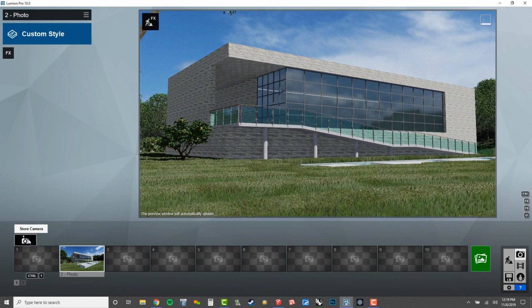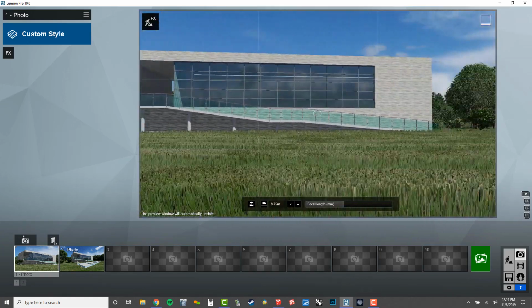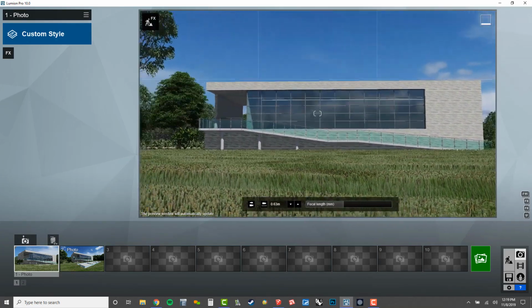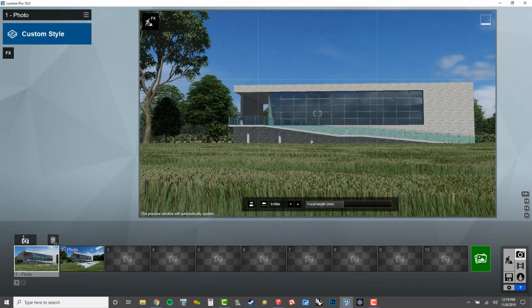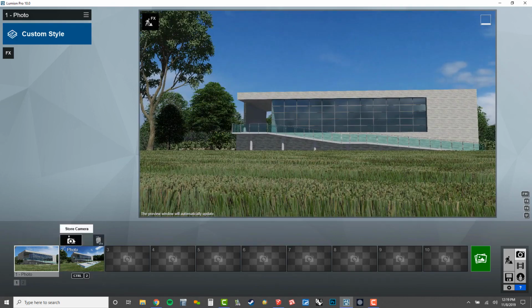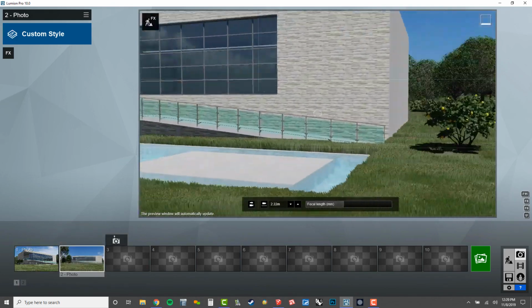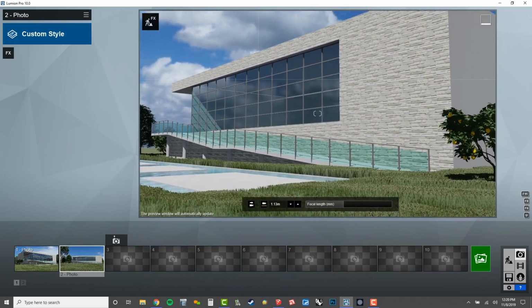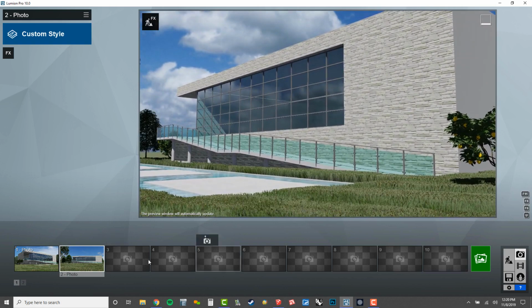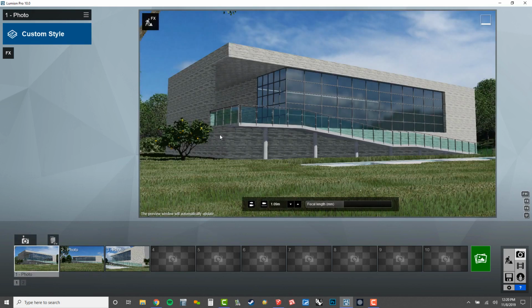All right, so we'll store our camera there. And then I'm going to orbit around and maybe pick another view, something like this would be cool. And we'll come up above the grass like that. And so I can snapshot that one. And then maybe some close-ups. Several close-up shots are really nice too. So we'll do that. You can see I missed a texture on that back wall. No big deal, we'll get that. All right,